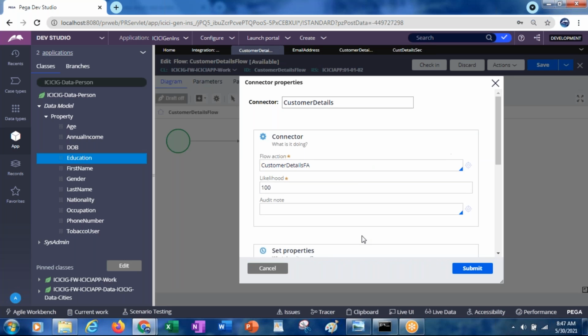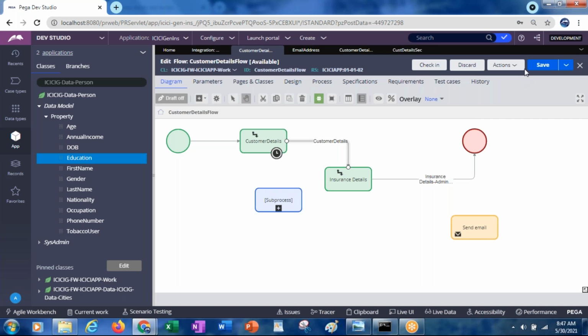Now run the flow. Just to validate that email address I'm running. So still we are not sending the email.